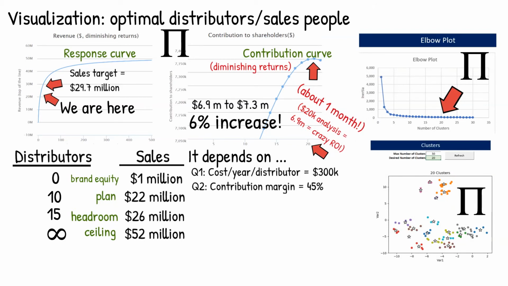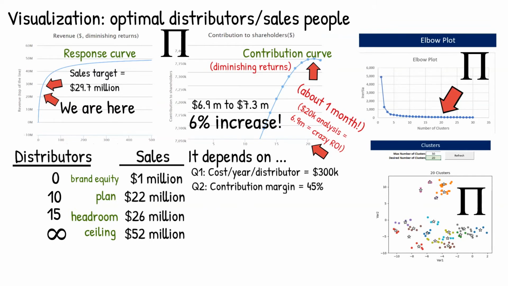$20,000 to return $6.9 to $7.3 million. That is a crazy return on investment. This is why data analytics is so powerful. Another thing you'll learn from this exercise is the words that managers use may not be the same words used